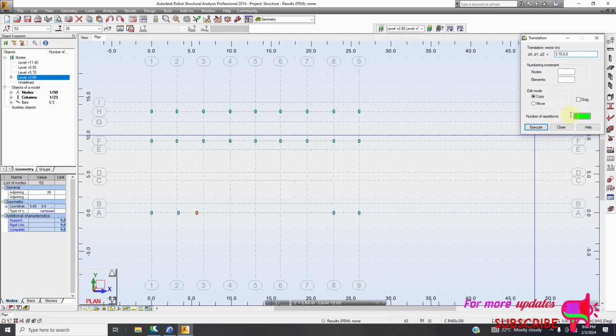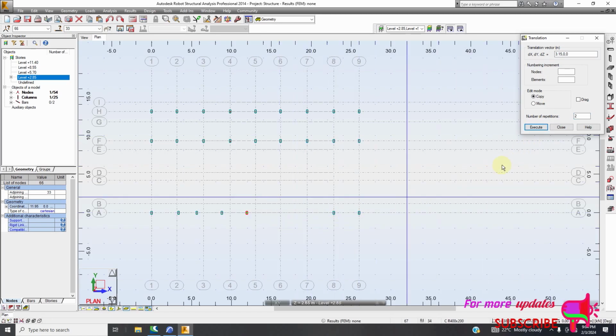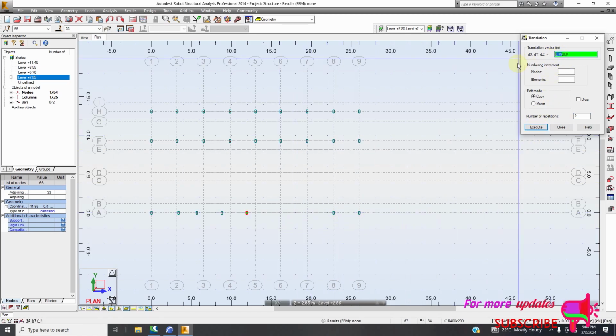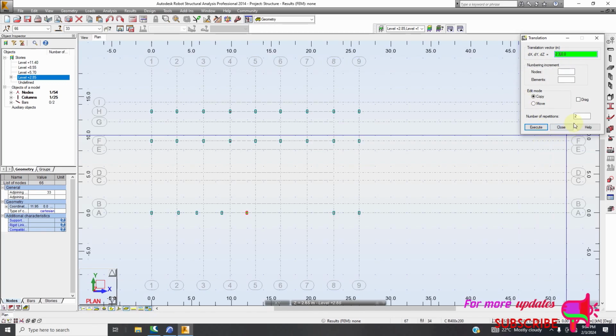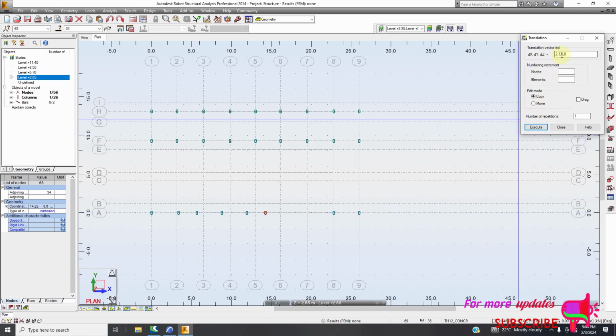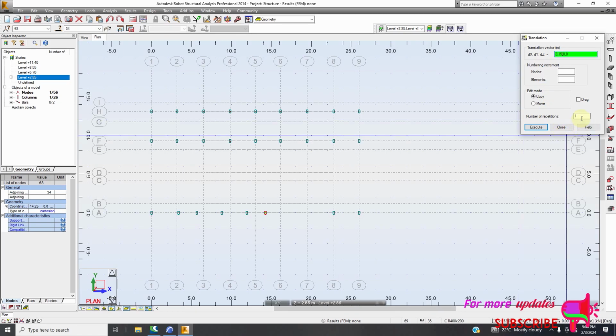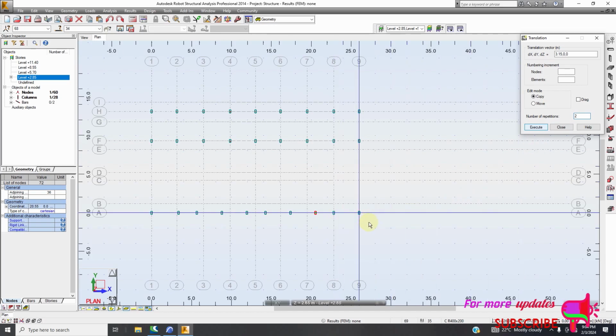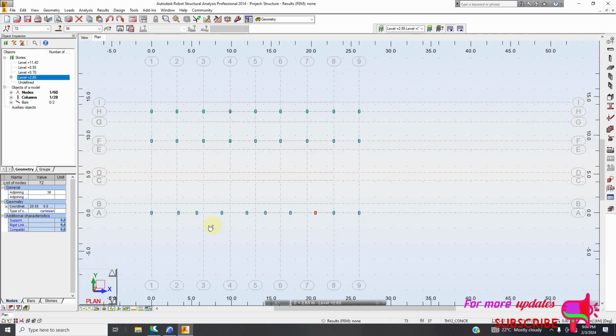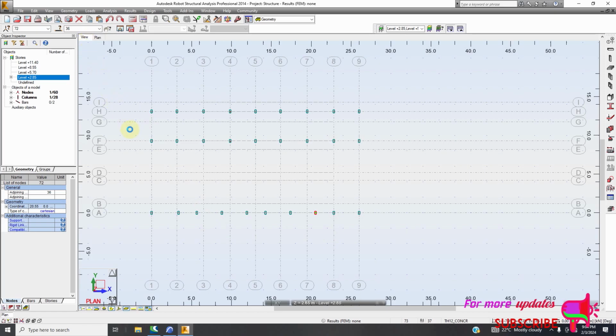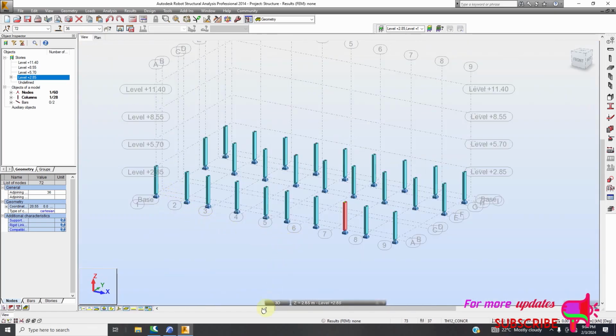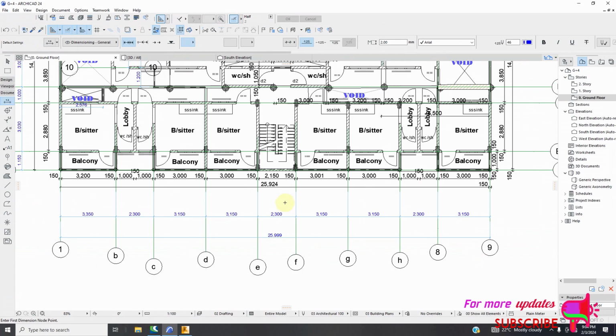2 repetitions. Maybe I wrote then 2.3. Maybe it's just 1. Execute. Then 3.15, 2. Execute. Wow, that is now perfect. So let's see the view. Okay, so our staircase, you can see